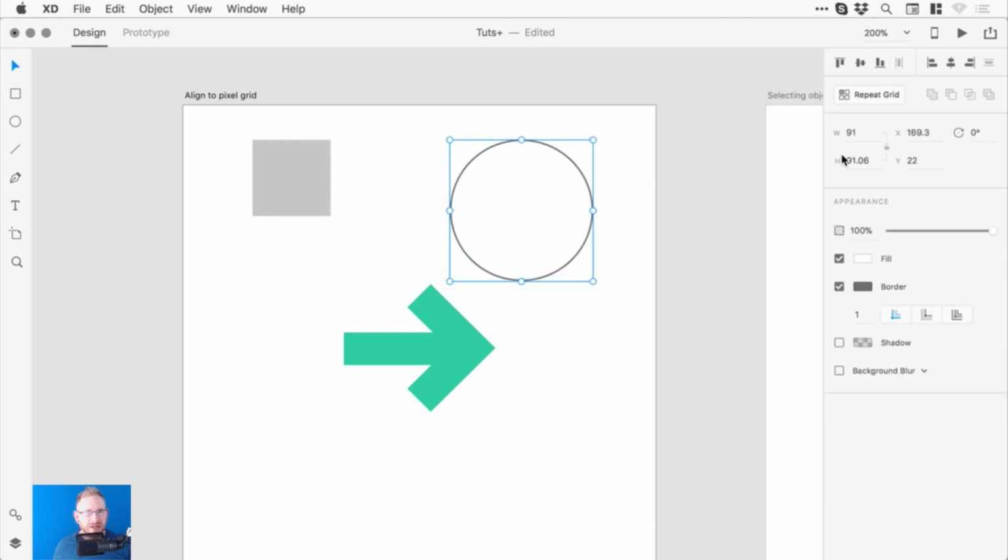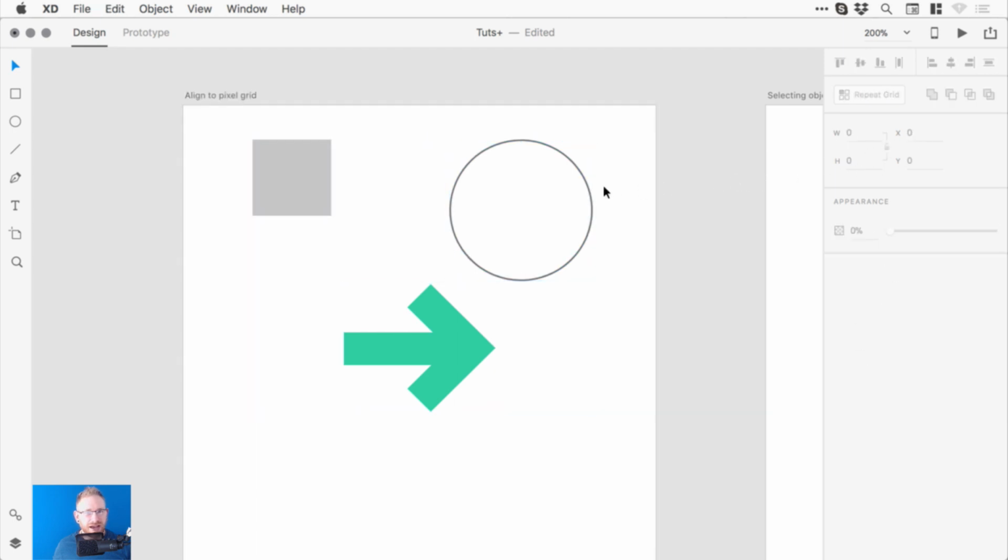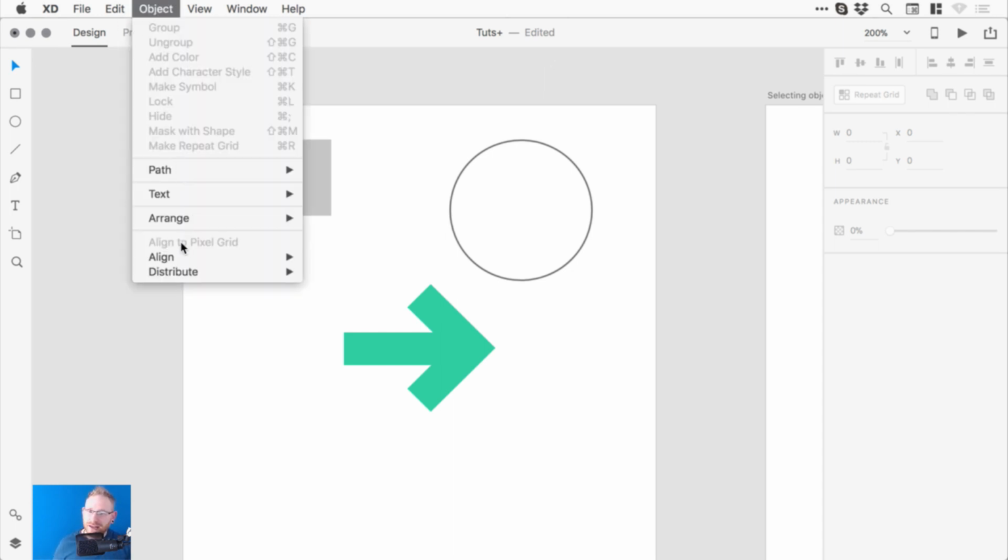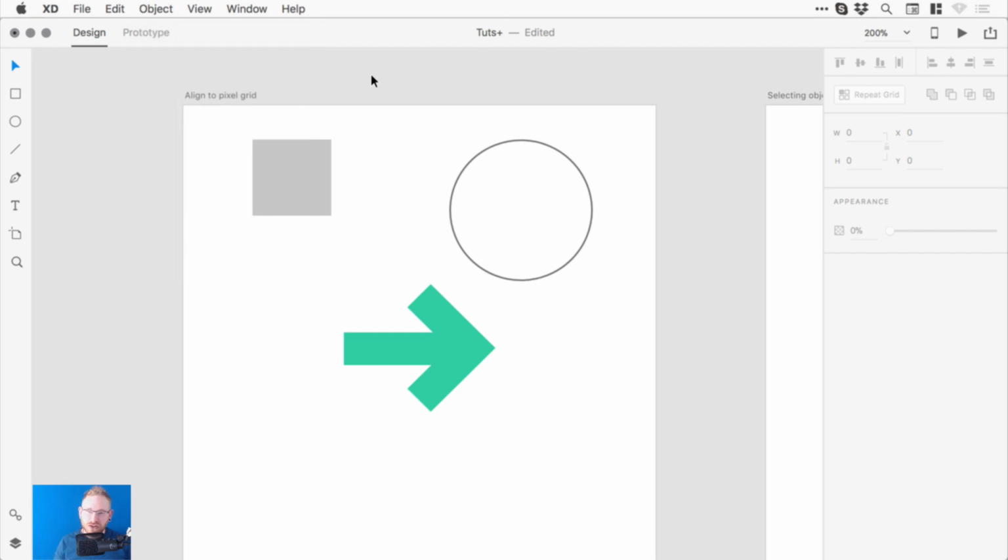Let's see how it was. Yep, so we had those decimal points there, and then suddenly everything becomes aligned to the pixel grid. So when I'm working in XD, if I'm doing an icon set, for example, or I'm designing an app or a site, every now and then, probably due to some sort of paranoia that there'll be mistakes, I'll just drag over everything and go Object, Align to Pixel Grid,